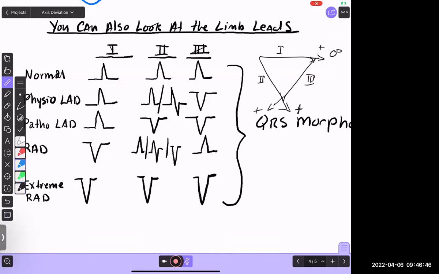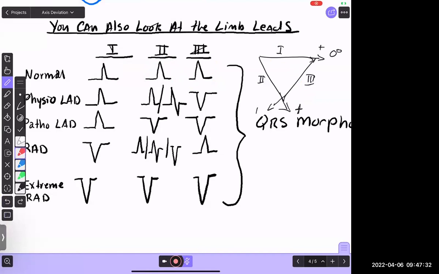So if the electrical activity of the heart is moving in a normal axis, it is more or less moving toward the positive electrodes of all the limb leads, and so all of your limb leads will be upright: 1, 2, and 3. We talked about this in the first lab we did on the first day: when you print off a 12 lead, look at the limb leads and make sure they're all upright, because that's a sure way of knowing that you put all of the electrodes on and you don't have limb lead reversal. But what happens is, as you become more left shifted,